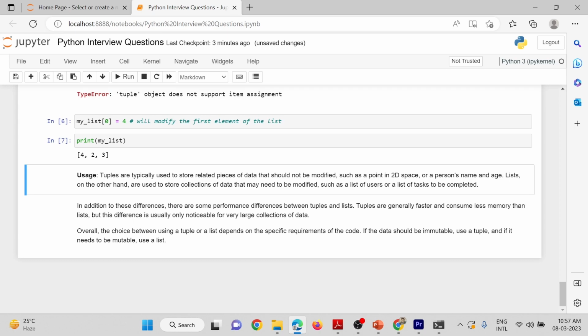In addition to these differences, there are some performance differences between tuples and lists. Tuples are generally faster and consume less memory than lists, but the difference is usually only noticeable for very large collections of data. Overall, the choice between using a tuple or a list depends on the specific requirements of the